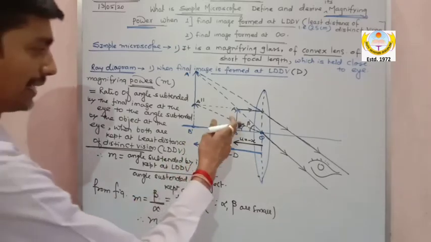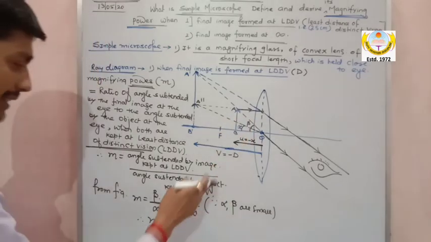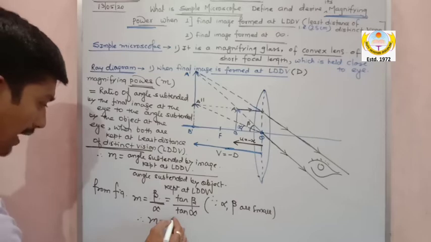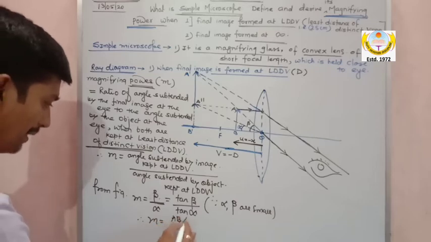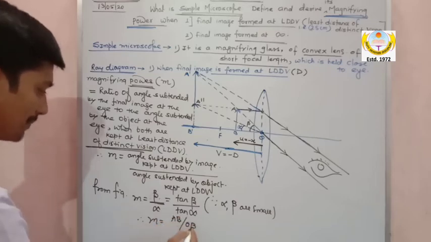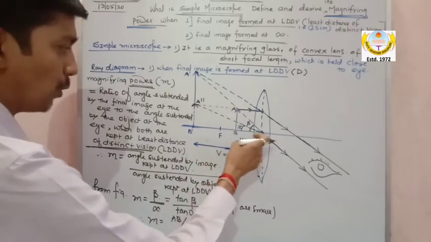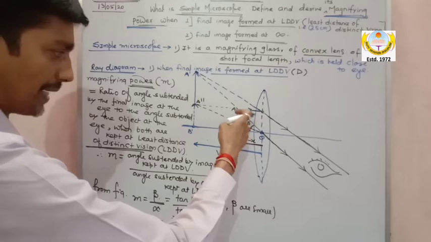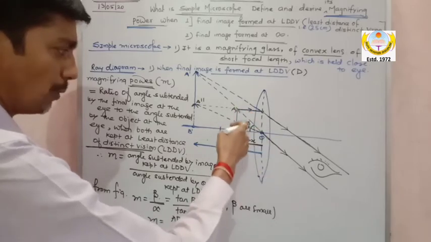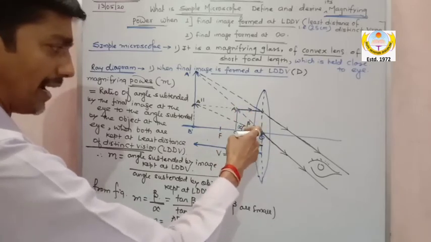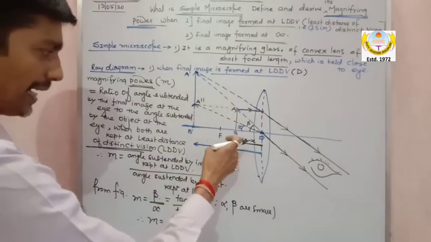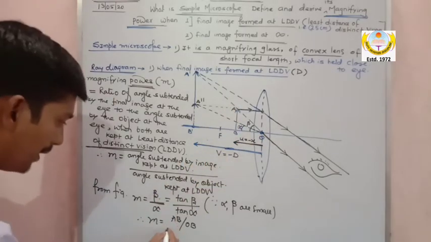In the diagram, my dear, you can see tan beta is nothing but opposite upon adjacent, that is AB divided by OB. AB divided by OB will be tan beta. In my earlier topic I have told you that AOB is beta. So tan beta will be, opposite side AB and adjacent side OB, whole divided